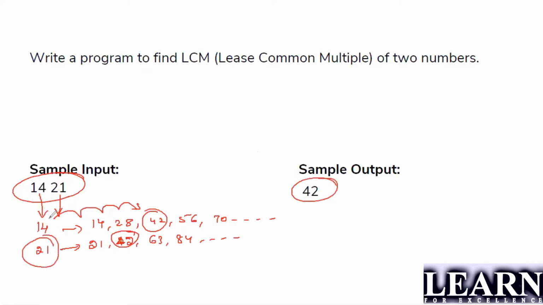Here you have to go with the bigger number, and from there you can go with the multiples. Please understand, to find the least common multiple, you have to check which number is greater and start from there. So you can start with 21 and check whether 21 modulus 21 and 21 modulus 14 are both equal to 0. No. Next you move on to 22, and you keep on moving like that.